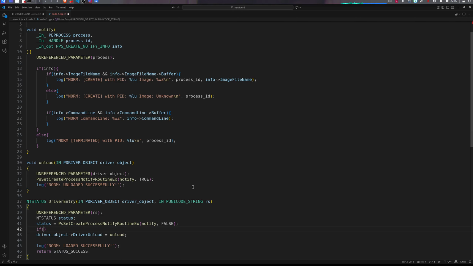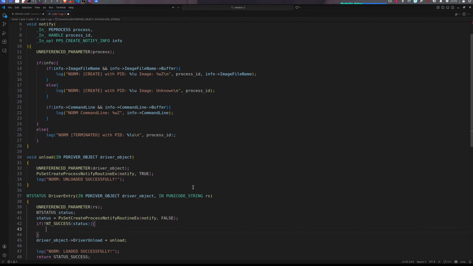So we will check the status, and it's not equal to empty success status. That means our function got failed